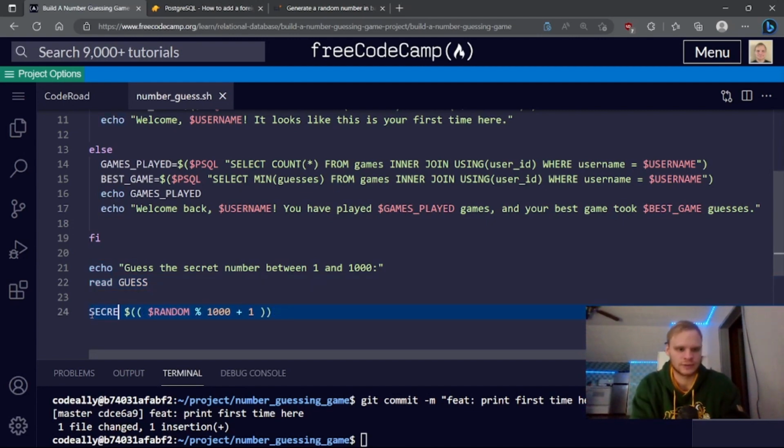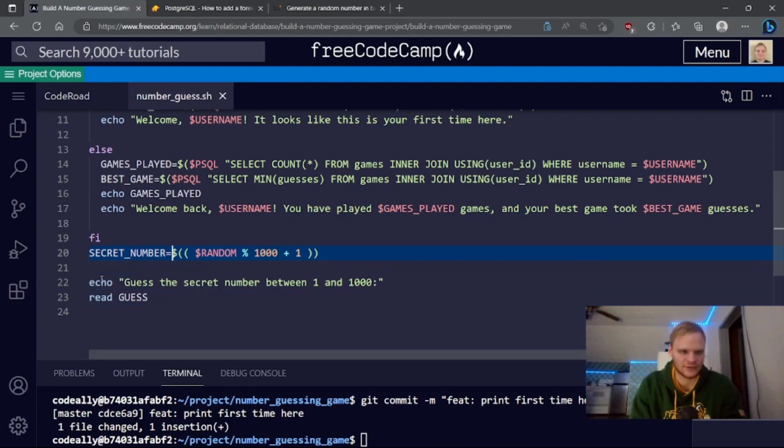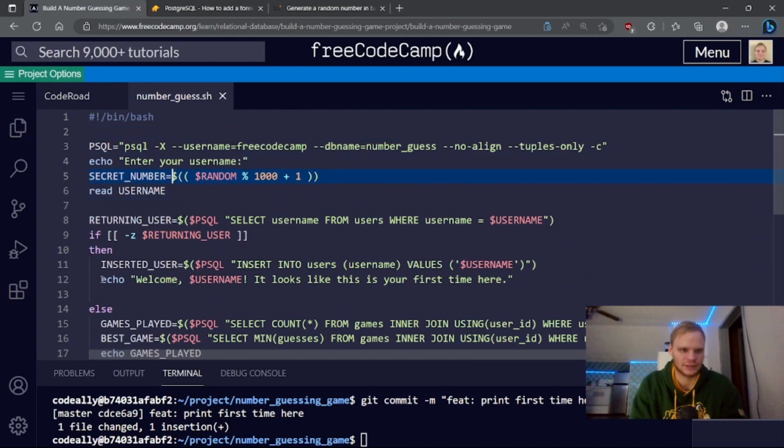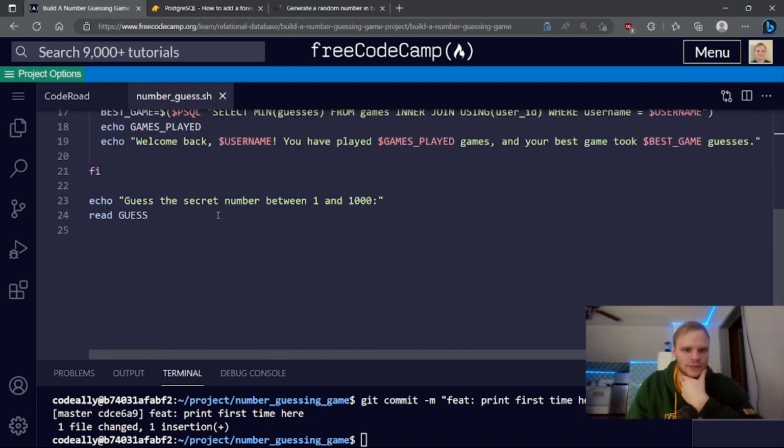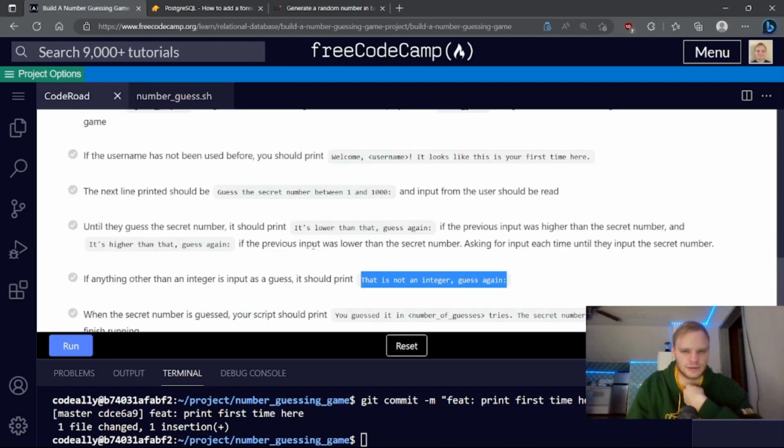Secret. Oh my gosh, how do I spell secret? Secret. Ah, there we go. Secret number equals this. Okay. Cool. Awesome. Let's put that above it. Actually, it should be like the first thing, like a global variable, since it will never change, except for when you run the script again. Enter your username, read that. Okay, guess the secret number between 1 and 1,000, guess, and then